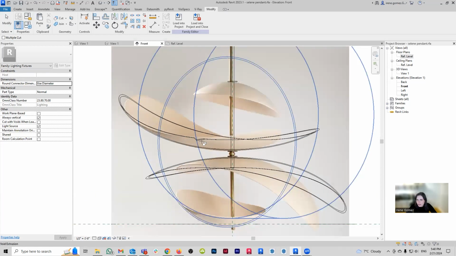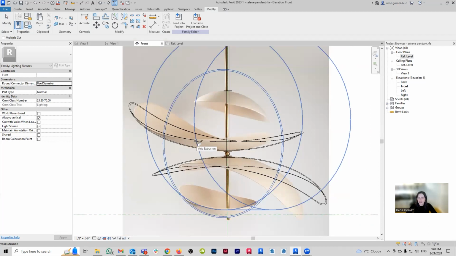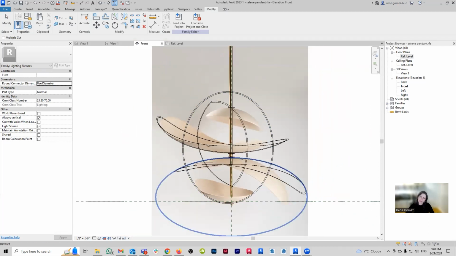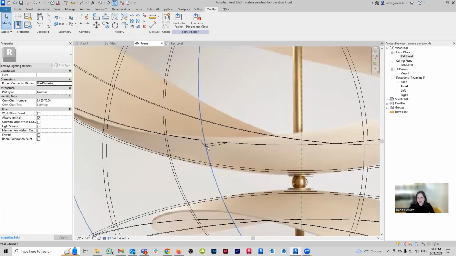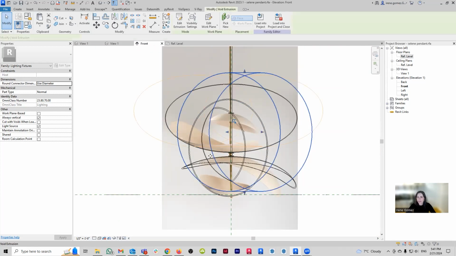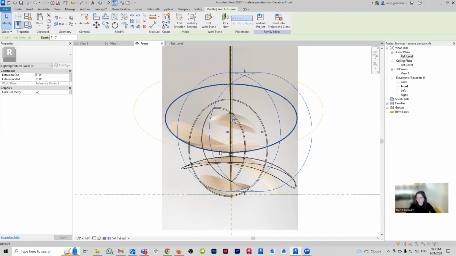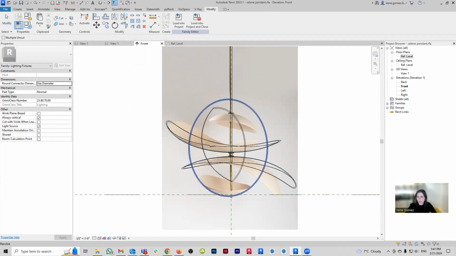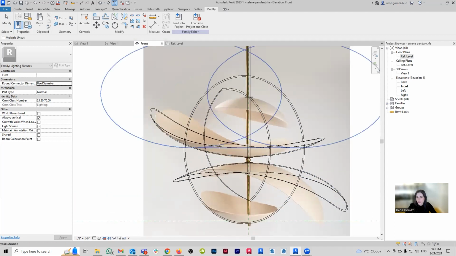So I usually try to see if there's any clue anywhere that highlights, and I'm going to click here. Ooh, this egg is, oh, I know what's going on. So before I fix my egg here, the other thing that I want to fix is, see this little bite here? That means that Revit has gotten confused and it's assuming that I want this guy here to cut my watermelon. So if that is happening to you, don't worry. All you have to do is, the same way that you can use the cut tool, you can use uncut. So I'm going to select egg void and then select watermelon, and there you go, fixed.